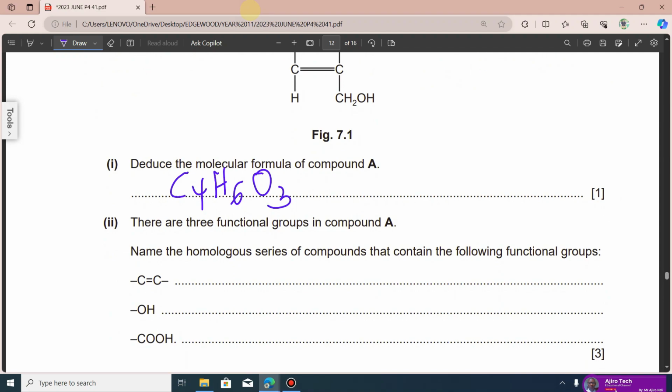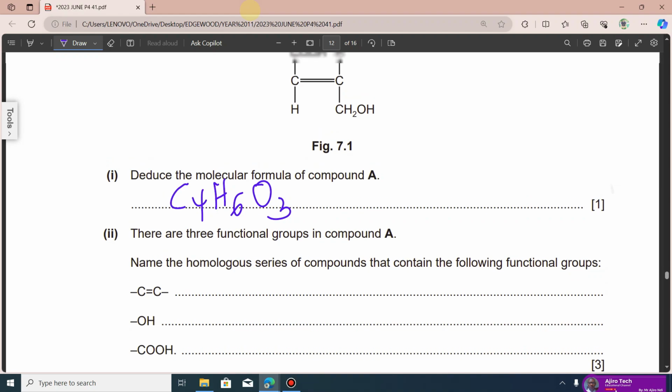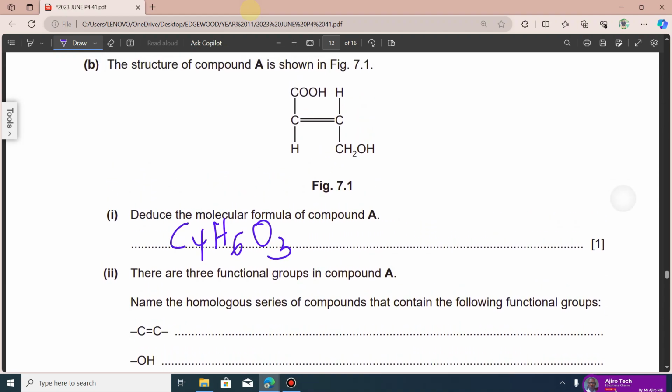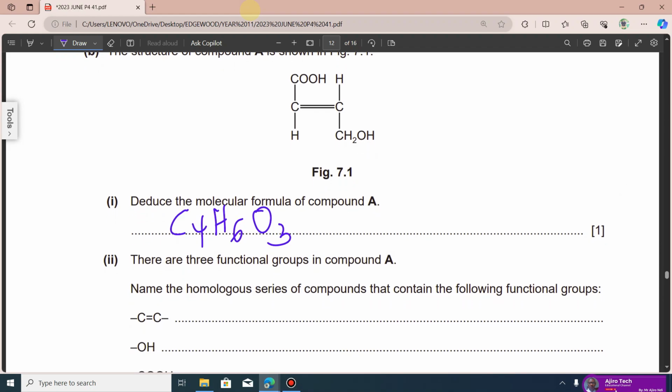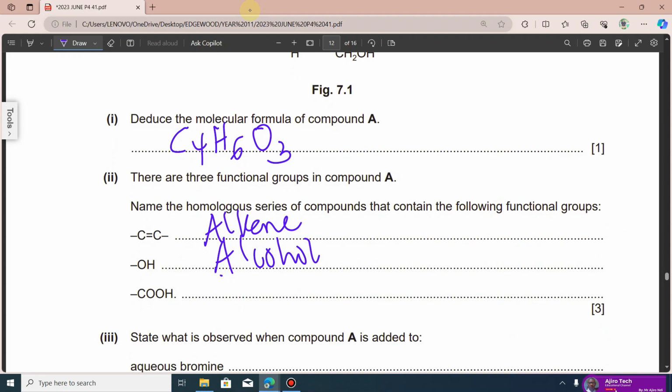Now there are 3 functional groups in a compound. Name the homologous series of the compounds that contain the following functional groups. Now we know that the functional groups are simply what determines the chemical properties of these substances. So for C-double-bond-C, of course, you know the homologous series for this is alkene. For OH, the homologous series is the alcohol. And then for COOH, the homologous series is carboxylic acid. So the carboxylic acid will always have the COOH, the alcohol will always have the OH, and the alkenes will